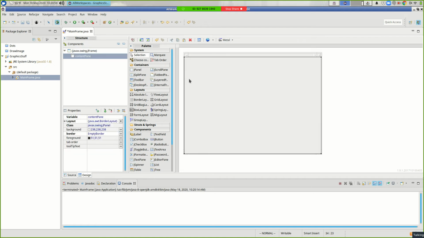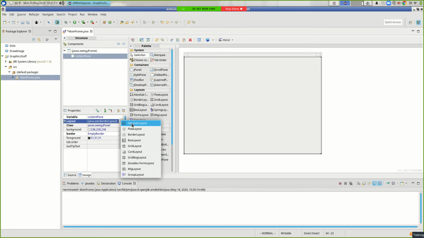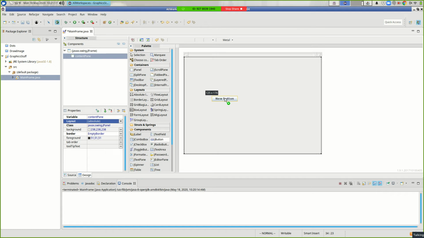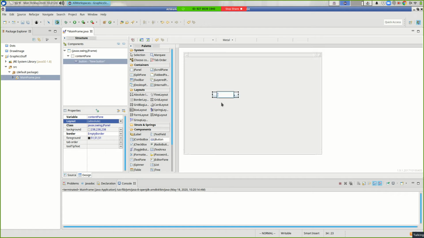Alright, so we want to drop widgets into here, and again, for the first time through, I recommend putting a layout manager in here for absolute layout. Right now it's using what's called a border layout. We can change that to absolute. And if I take a button and I drop it somewhere, the button should stay right there. And it lets me type a title in. So I'll say,